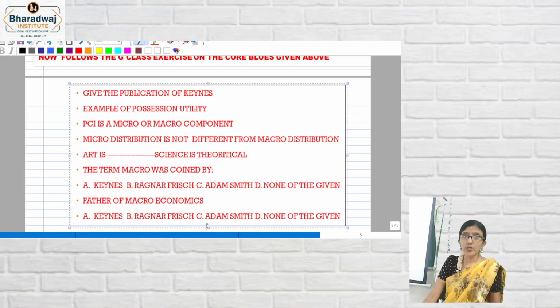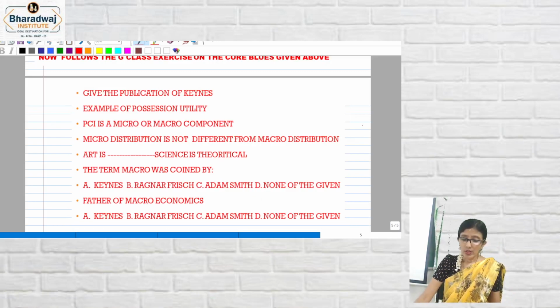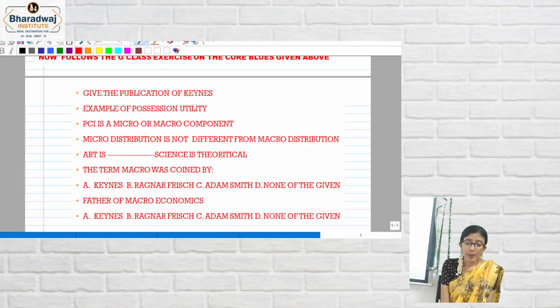Is it clear, my dear students? Is it visible? Please do these questions, attempt it. Give the publication of Keynes. Give an example of possession utility. PCI, that is per capita income. By PCI, I am denoting